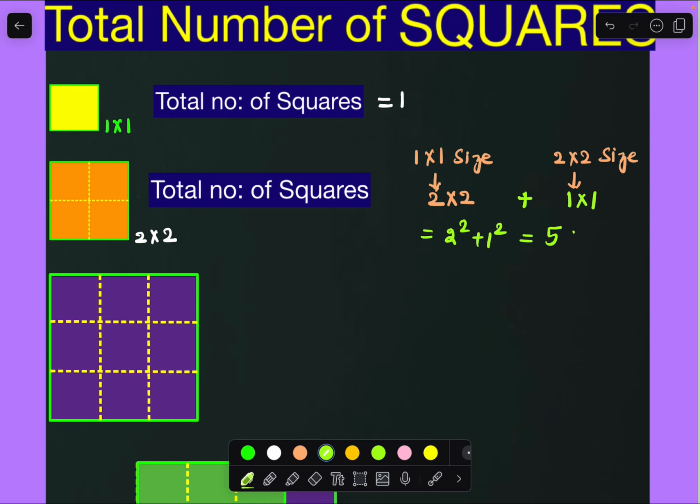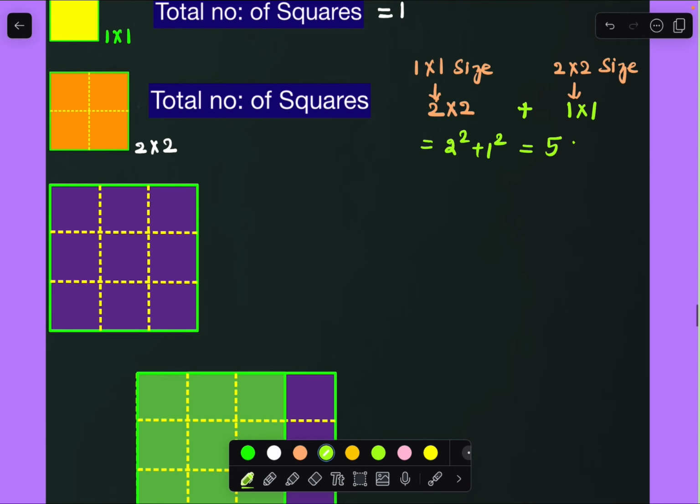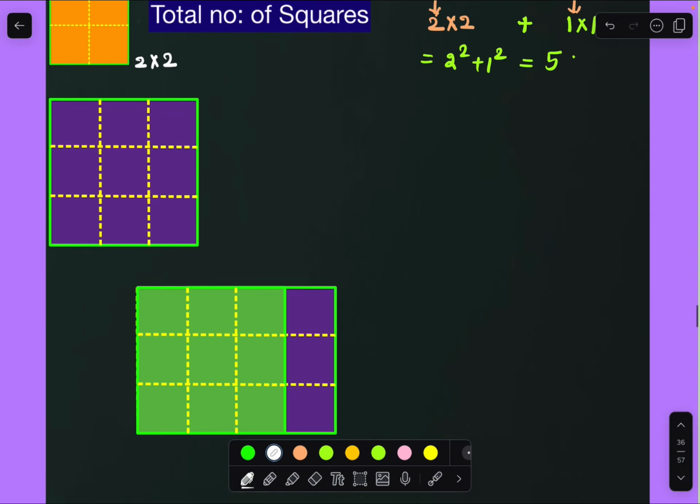And here also same thing. And the total number of squares, how much here? In the 2 by 2 square grid we got 2 square plus 1 square, which is nothing but the sum of squares of the first two natural numbers, right? Now I'm getting here 5, and use the same technique here also once.